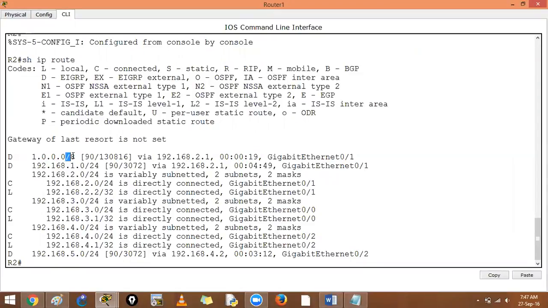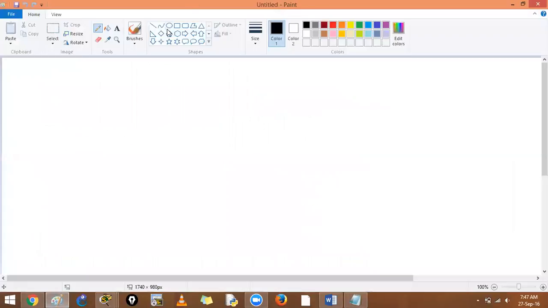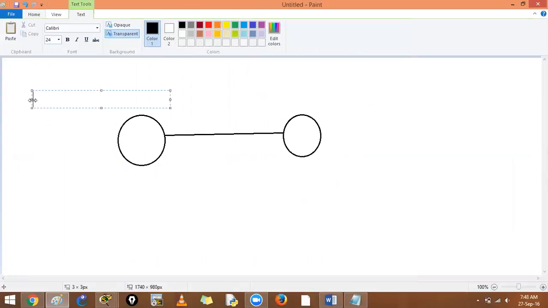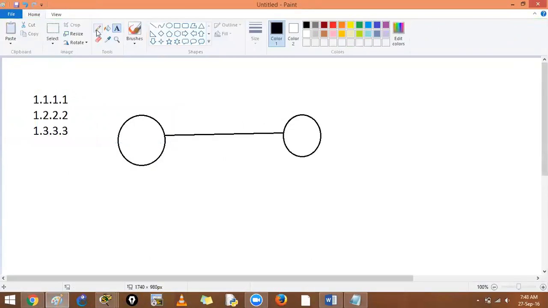This is called automatic summarization. Automatic summarization means sending one route instead of all the routes. For example, say this router is router 1 and this is router 2, and they are connected like this. Assume this guy has networks 1.1.1.1, 1.2.2.2, 1.3.3.3. Like this, he has 3 networks. But what he is saying is, assuming they are all /24, he says,